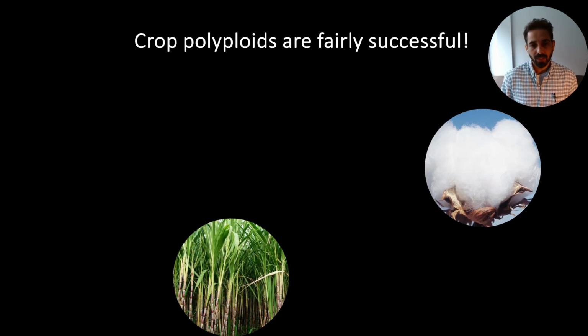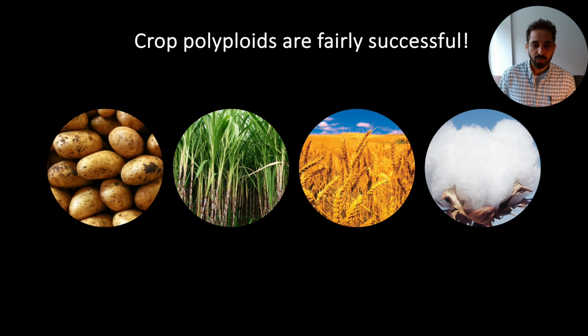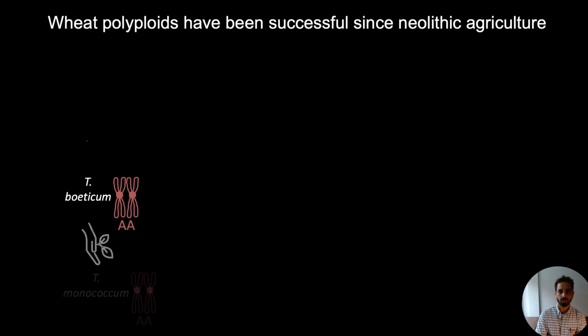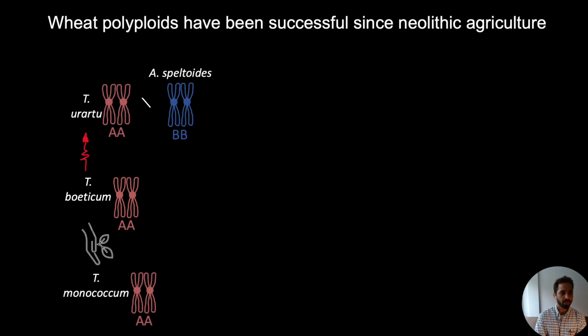But that's kind of opposite to what we see in nature, or at least in the domesticated crop species. We have a lot of polyploids. So how are they maintaining their success? And many of them evolved in low fertility areas. And to test that theory, we used